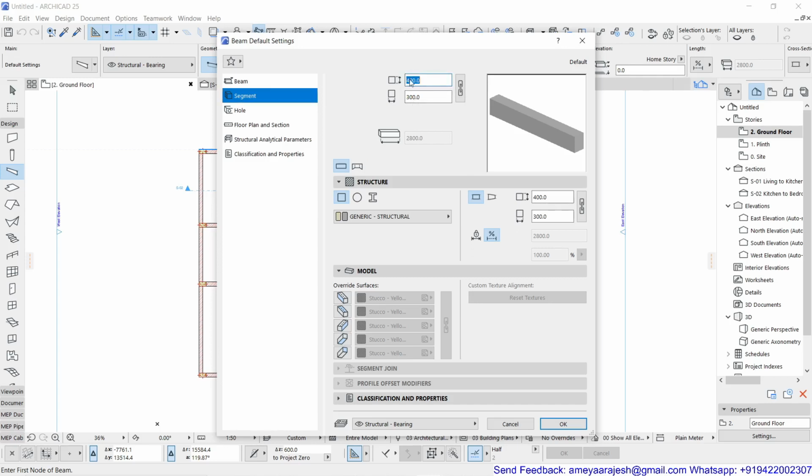So the depth of the beam, maybe you can say 450, and the width of the beam you can say 230. Now the overall length of the beam you don't have to worry about, you can place that on screen. Now after this, in the structure page, you just make sure that by default it was in the rectangle as a cross-sectional profile, so not to worry about that.